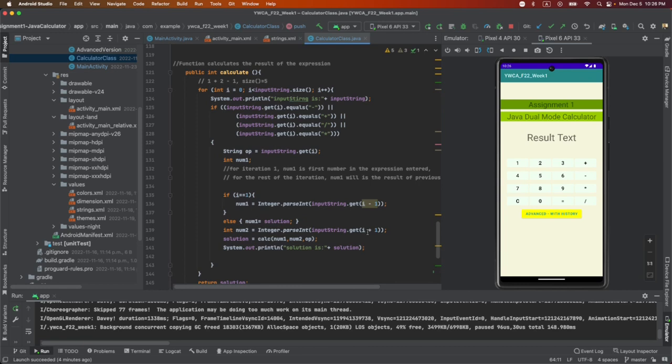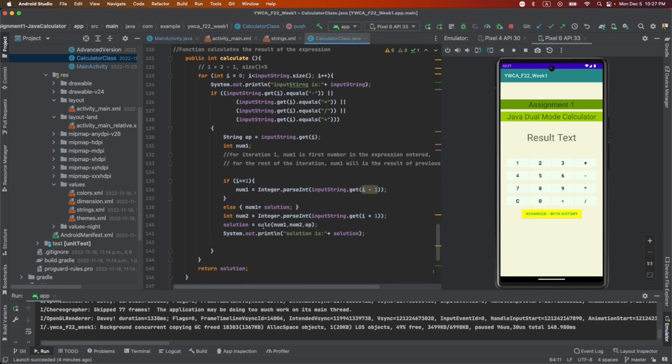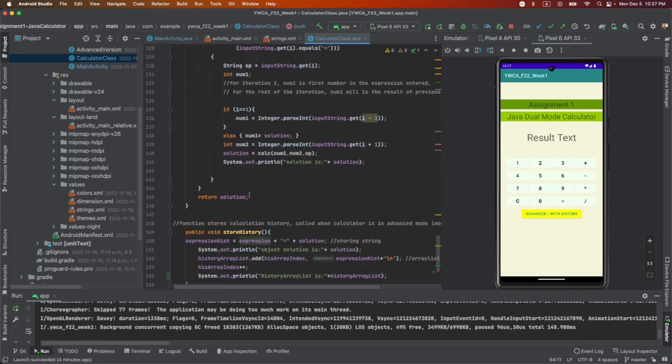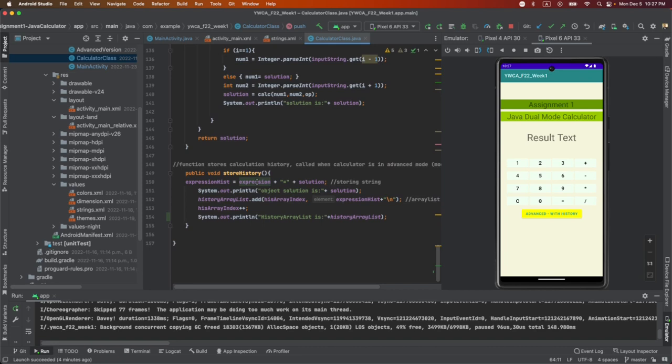And the number 2 has to also be parsed. And the calculation happens in the else clause. So we call upon the calculate function, depending on whichever operator is chosen, we pass it in, and the two numbers that were chosen, and then we output the solution. This is just for troubleshooting in here, and then we return the solution. In store history,